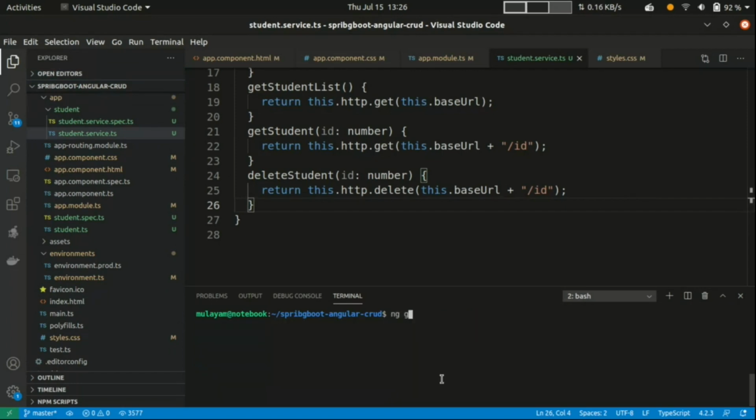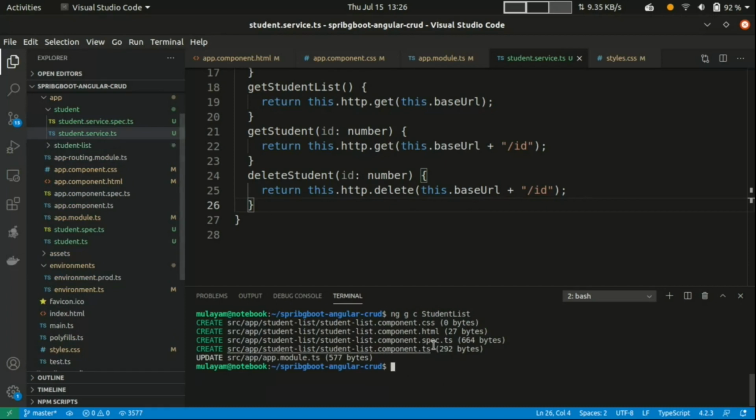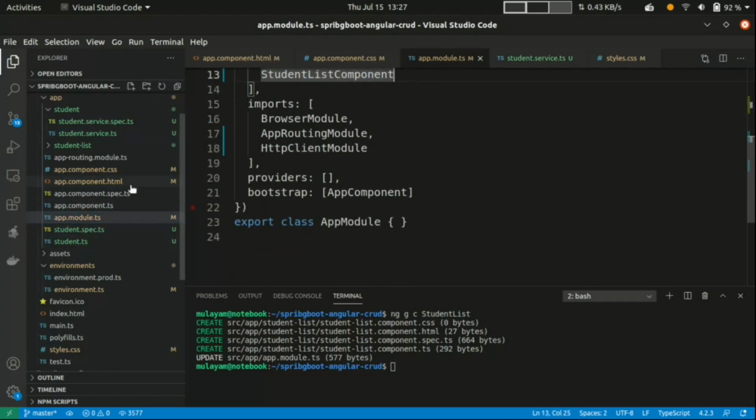I want to get the student list. So ng generate component student-list. It will generate all four files, and it will update that component in app.module. So just open app.module. Here the student list is created.